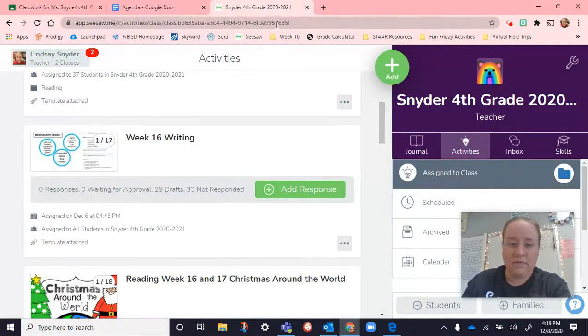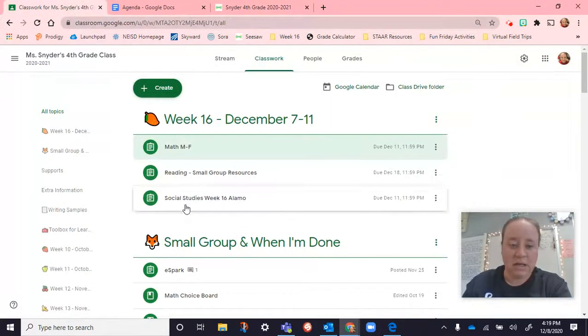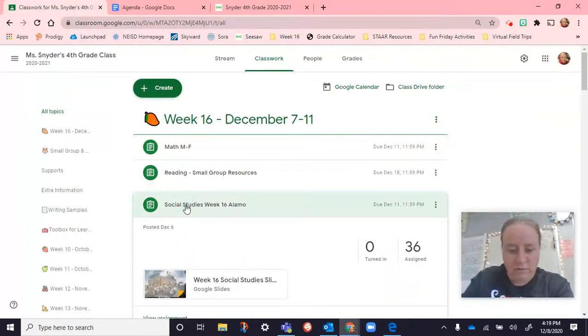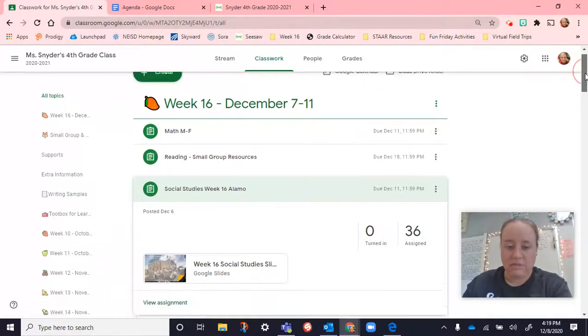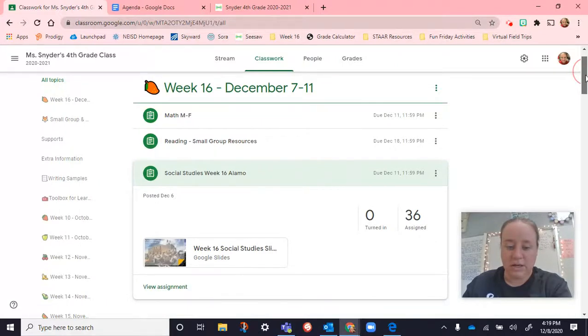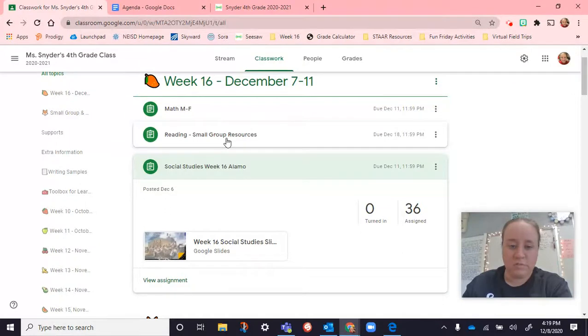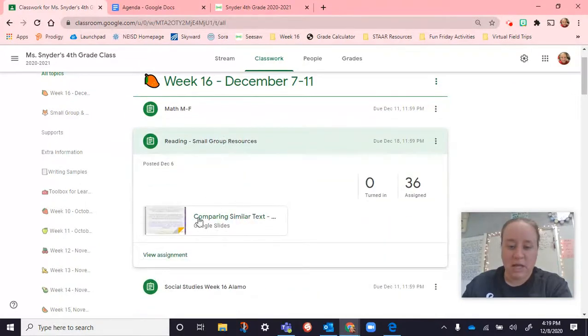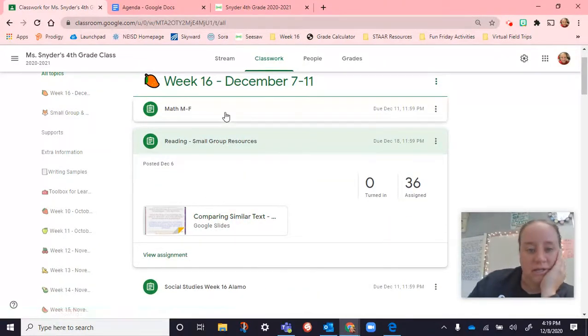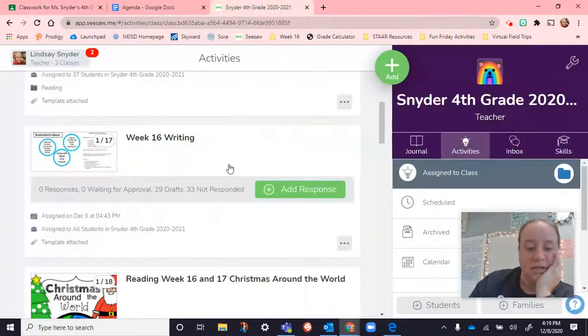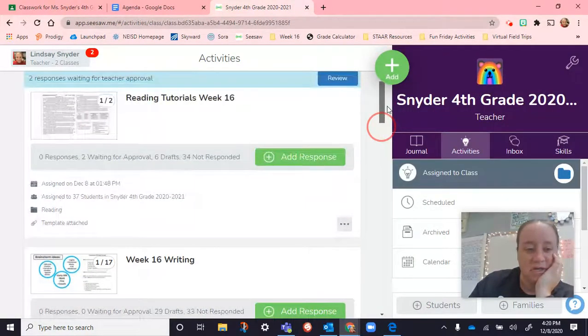And then for social studies, we started talking about the Battle of the Alamo. So click on your assignment, and we completed Tuesday's page on that. It was a couple slides that had 3 questions on it. And then for small group and reading today, we talked about comparing text. And then in small group and math today, we worked on our